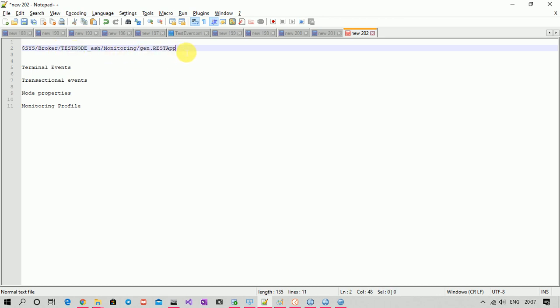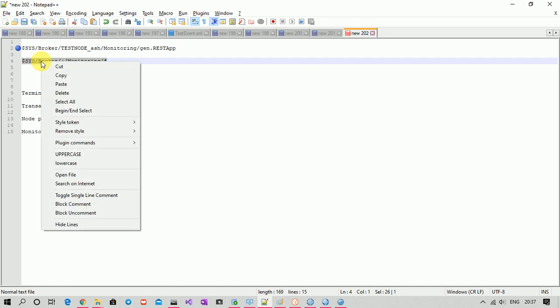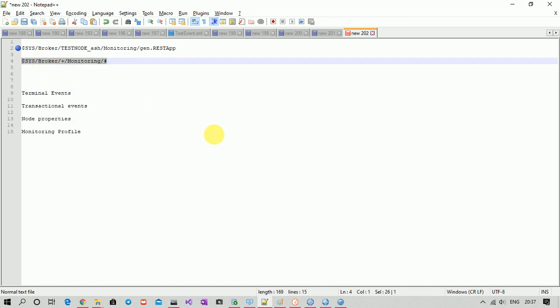But if we want to make it generic, let me copy it. Instead of providing a specific name, just write a plus symbol here and write hash here. So this will work for any message flow present on any integration node. It is good to use this, because it is not specific.